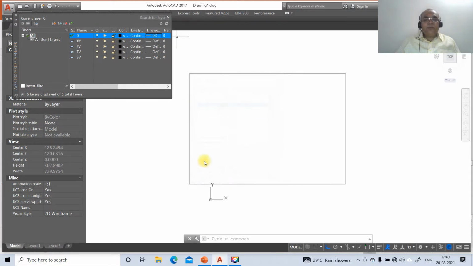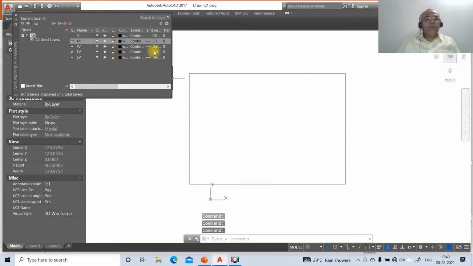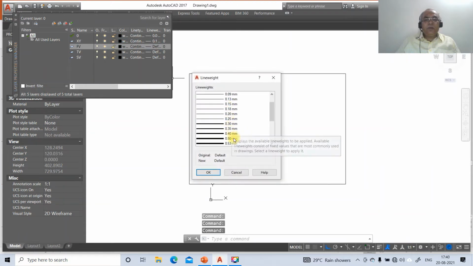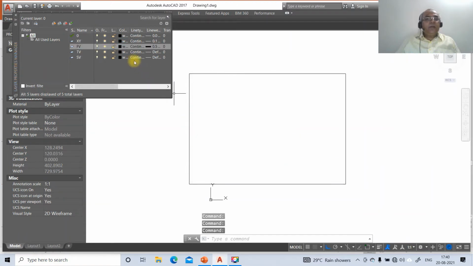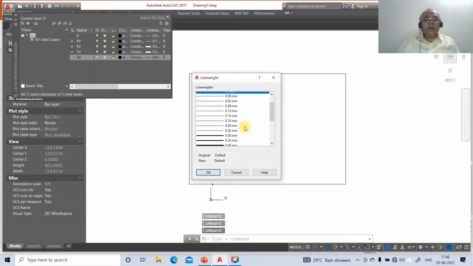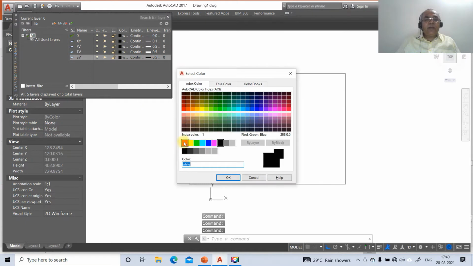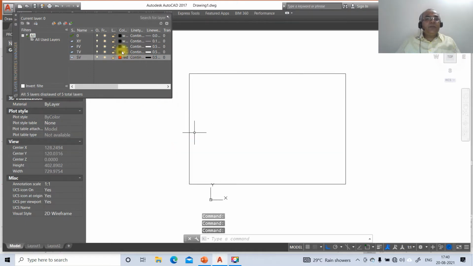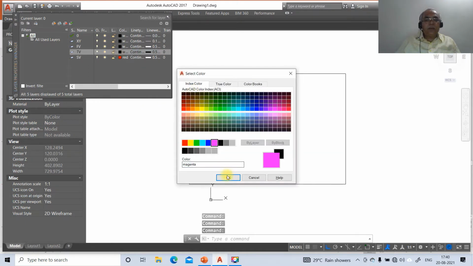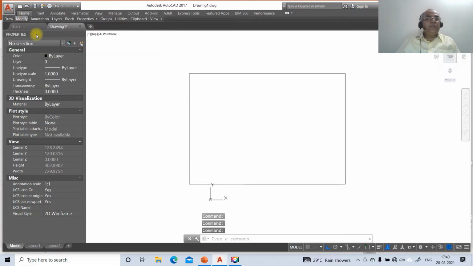So click on 0.05, and the XY line should be 0.13. Then the front view should have 0.5, the top view should also have 0.5, and the side view should also have the line weight 0.5. Then the side view should have red color, the top view should have magenta color, and the front view should have blue color. Click on that, say okay and close it.